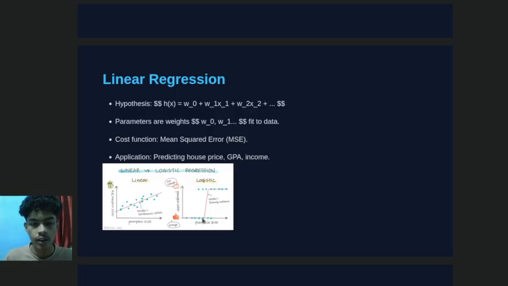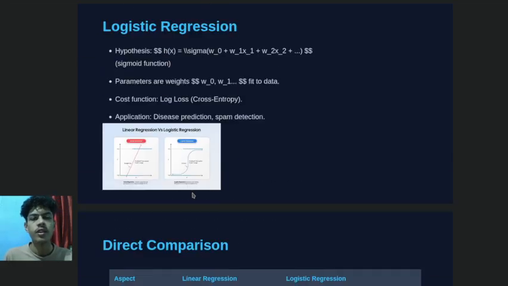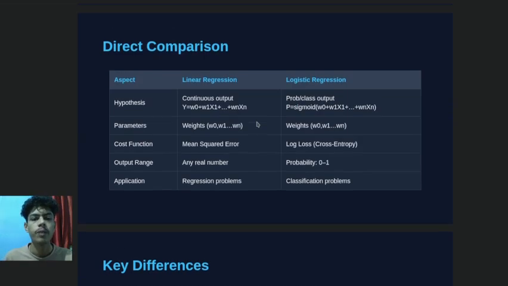Whereas logistic regression is deflected. You can see that within 1 unit on x, the deflection is more than half a unit in y. So logistic regression has a hypothesis using sigmoid, and the parameters are weighted to fit the data, and the cost function used is log loss, or cross entropy, because linear regression deflects too much in the graph. As you can see, it forms an S-shaped curve, where it can be used for disease prediction and spam detection. And the comparison between